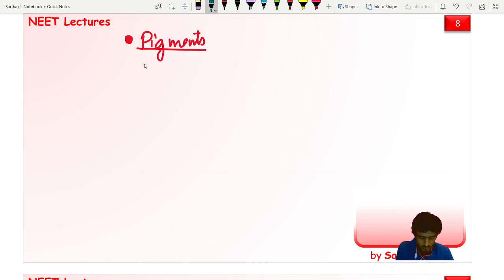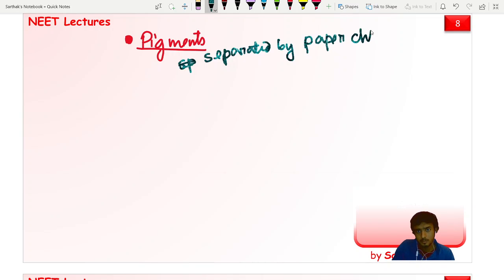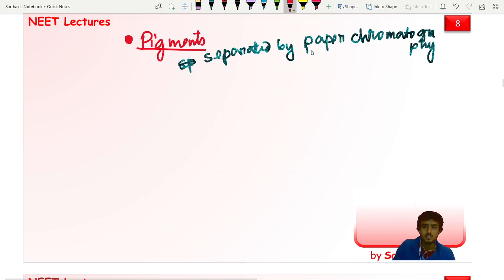Okay, the pigments are separated by paper chromatography technique. The technique in which the pigments are separated is known as paper chromatography. This data is given in NCERT. And another data which is given in NCERT is that